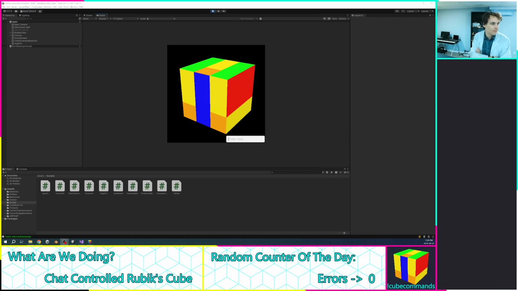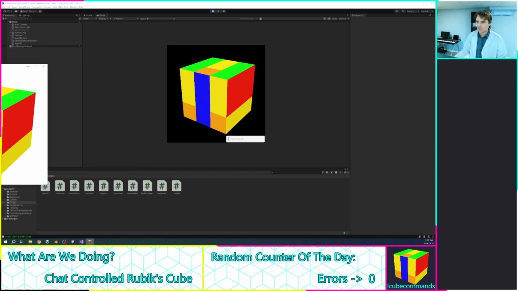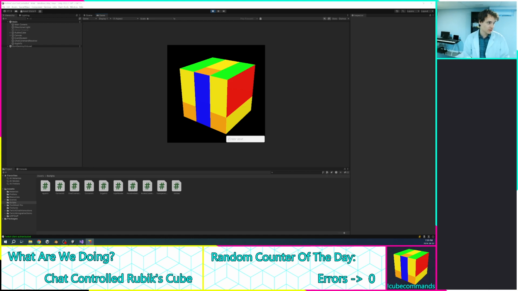But anyway, live on Twitch, I think you'd see the commands on the side. I just typed exclamation mark F space R apostrophe R prime, as Rubik's Cube notation is, and L, and then it turned. Actually, they happen to be in sync because I'm in play mode in Unity, and I have the build running down here. Funny that they're in sync. So yeah, I have it as just a random idle thing to have there because it's cool